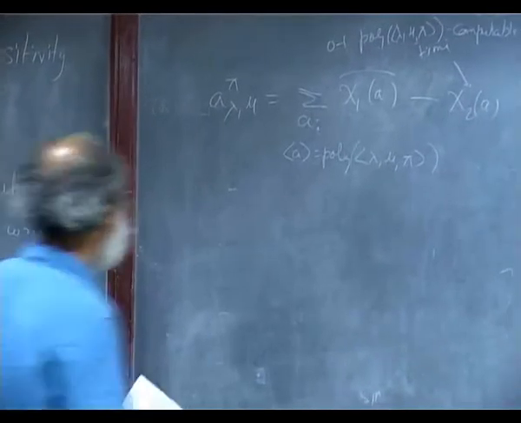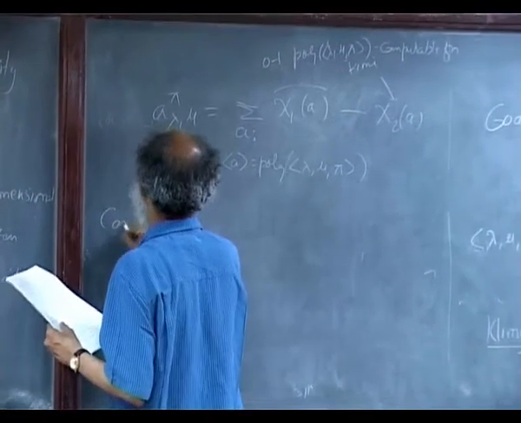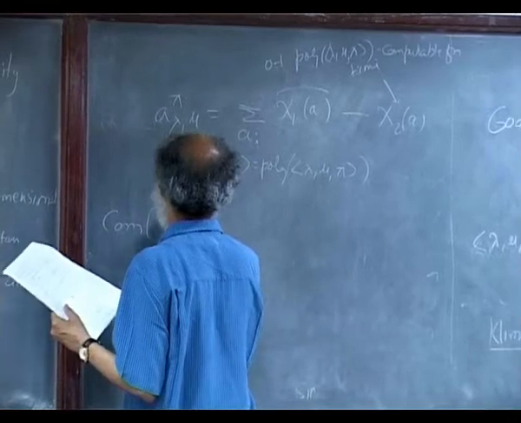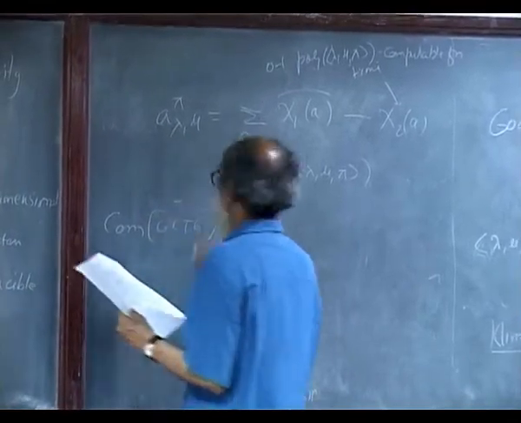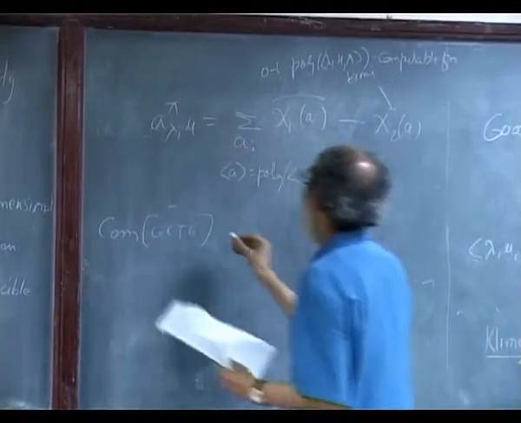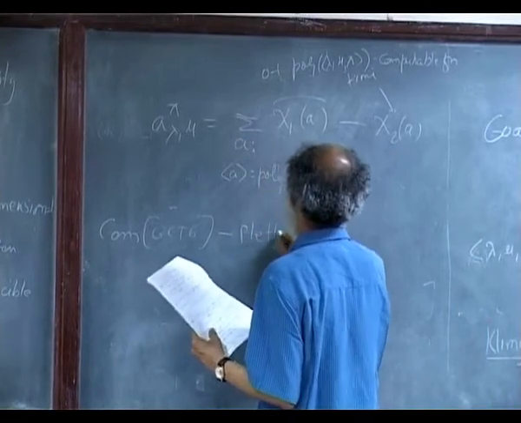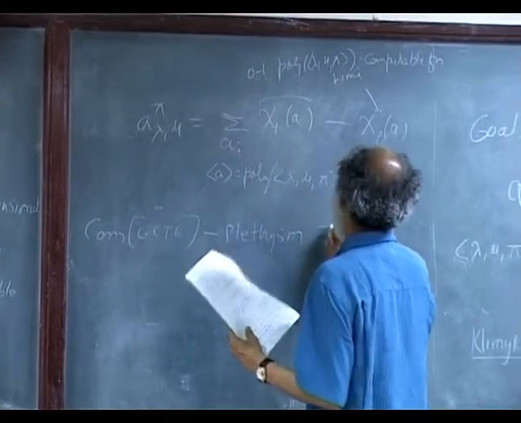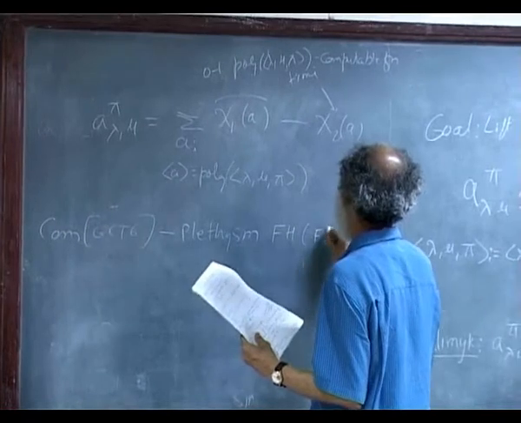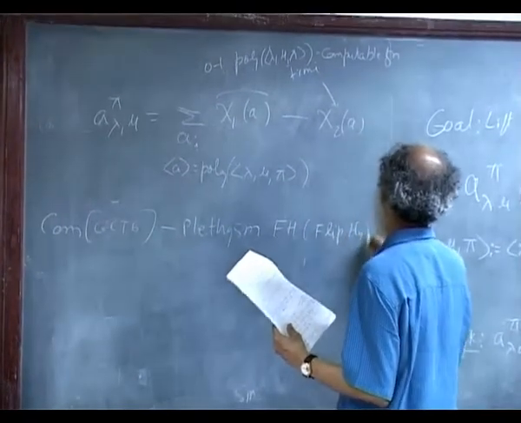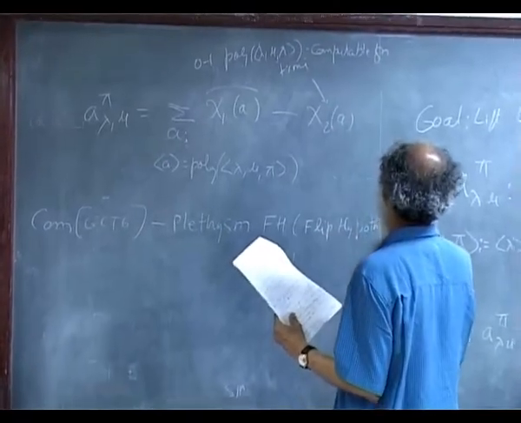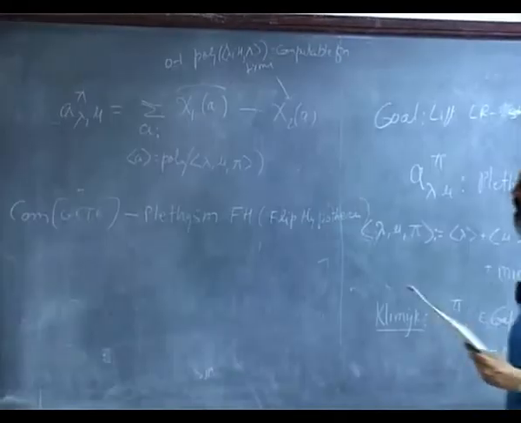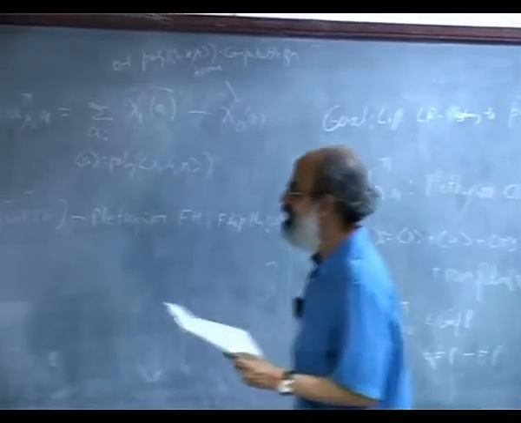But the conjecture is in GCT 6. This is the main one in the series of GCT papers, and this is called Plaithism FH. FH stands for flip hypothesis. I will not go into why it is called flip hypothesis. It has something to do with the flip paradigm of GCT and so forth, but the conjecture is